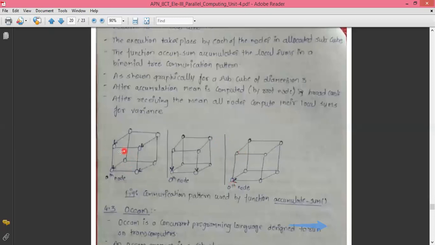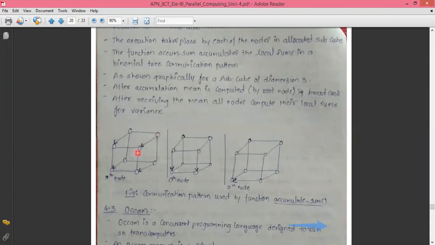Now, this diagram is nothing but a cubical diagram, a cube having some dimensions. If you count the total number of nodes, meaning the vertices, not the edges, it is 1, 2, then 3, 4, then 5, 6, and 7 and 8. So a total of 8 nodes are there in this particular cube. The size of the cube is always variable. It is not mandatory that each and every time the size of the cube should be identical. Now, what is the size, or the dimension, of the cube here?